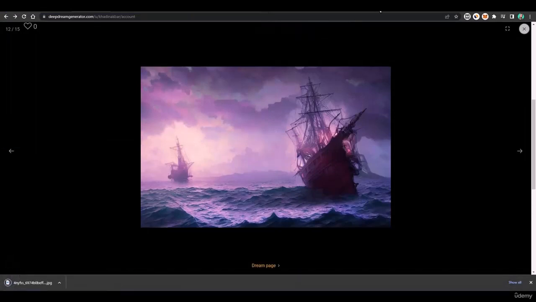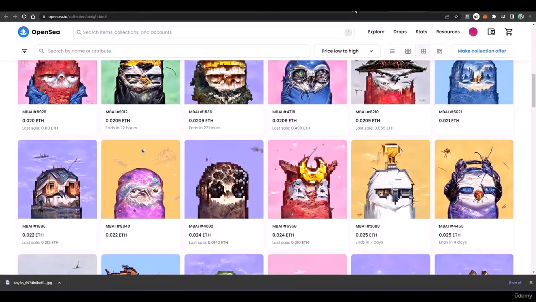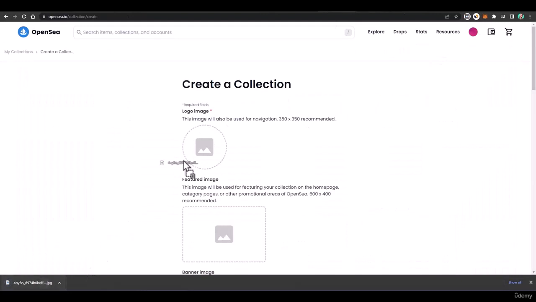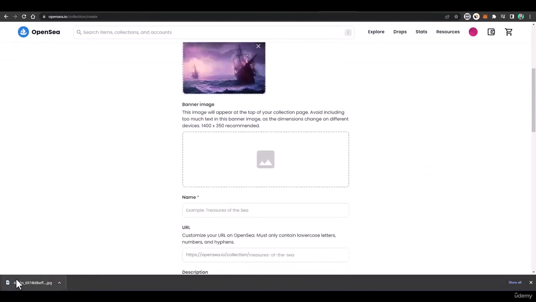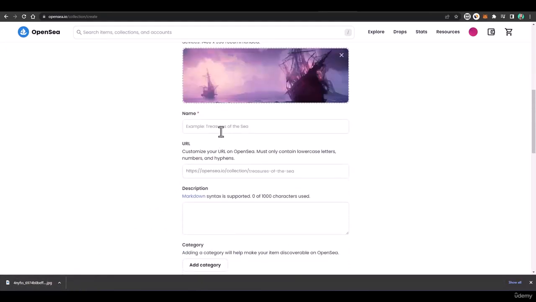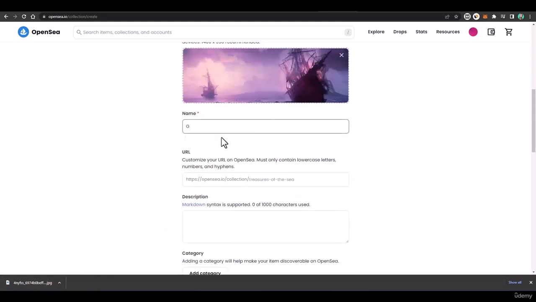Then just download it, and I'll add it here, and the featured image would be there, and the banner image would also be that, but you have to add multiple images. You have to be creative, you have to add something really amazing to catch eyes, but for dummy purposes, I'm just adding this ghost ship in the ocean.